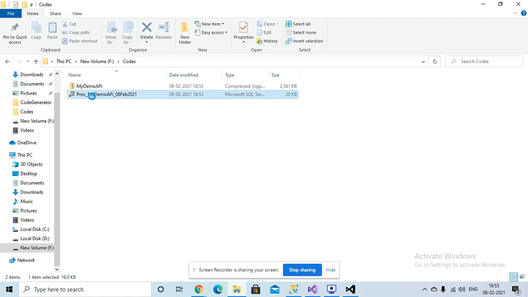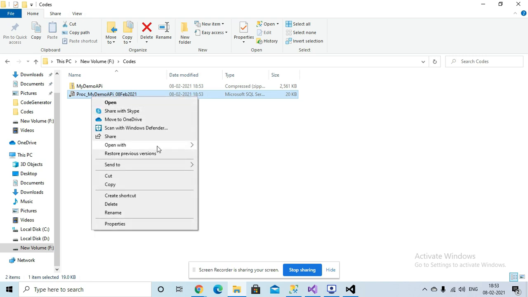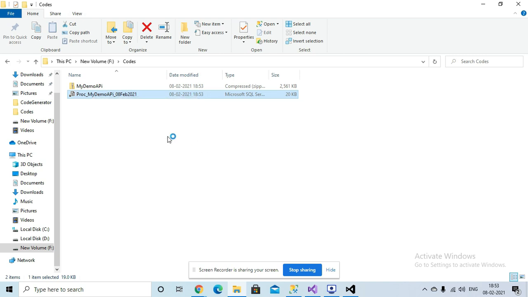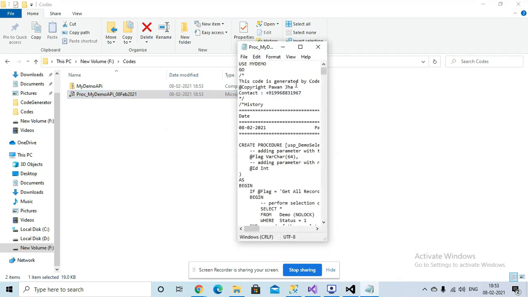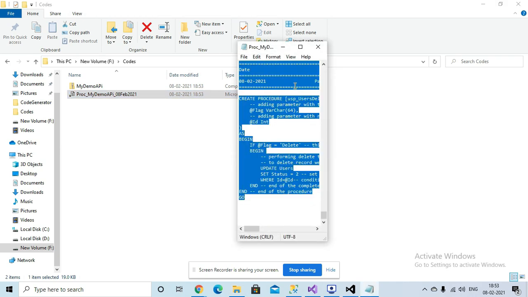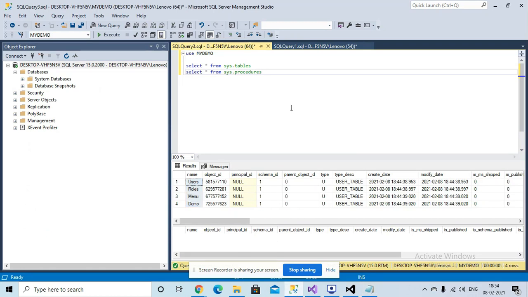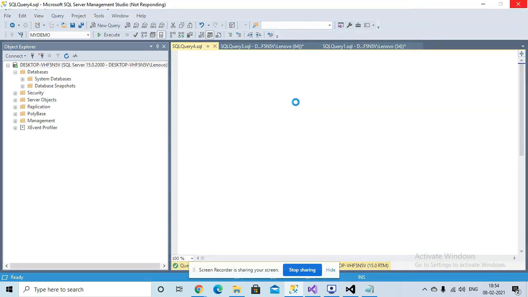This is basically the procedures file. You do not need to do anything except open this MS SQL file, press Control C to copy all of it, and run this script in SQL Server.